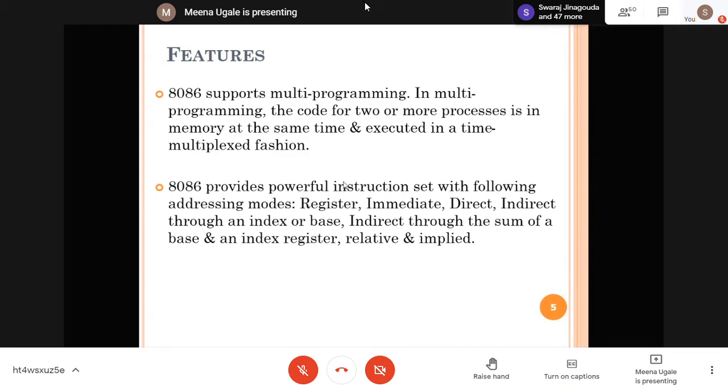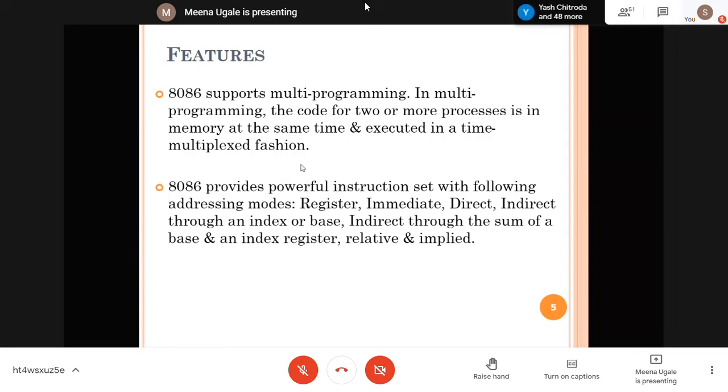Maybe in the exam or in your MCQ, you may get a question on the various features of 8086. Even in the viva questions, normally this question is asked. You can list any one or two features of the microprocessor, and based on that, these features you can list out.